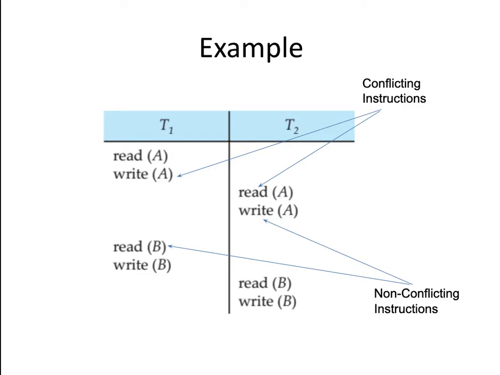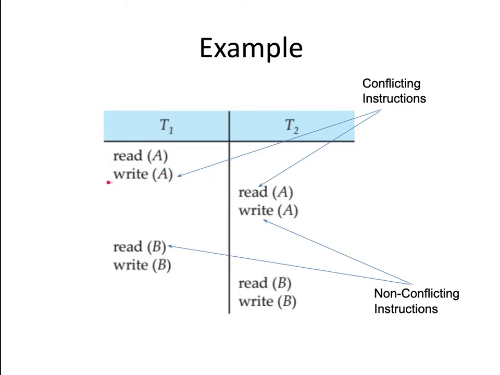Once again, first thing, a serializable schedule is any schedule that is equivalent to a serial schedule. Now, if in that schedule you are just swapping non-conflicting instructions to make it a serial schedule, then that schedule will be known as a conflict serializable schedule. And the two statements whose execution sequence is swapped should be only non-conflicting instructions.